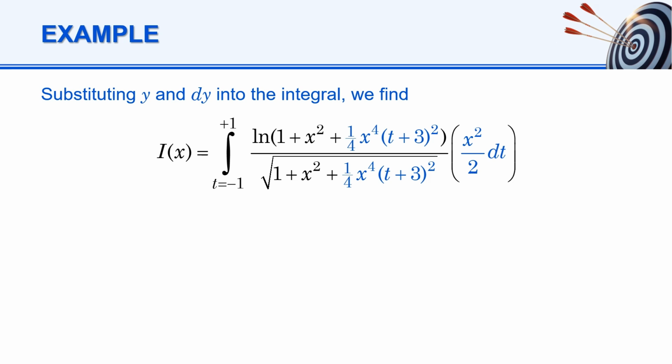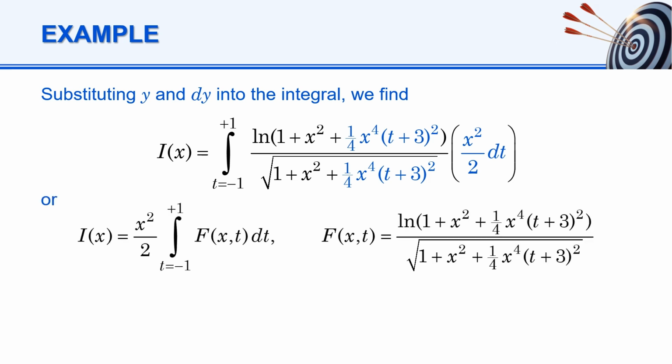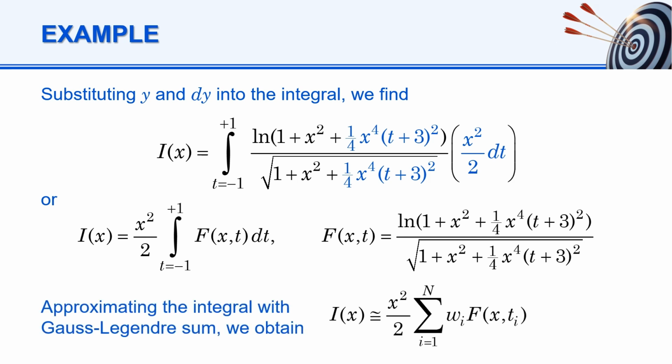Substituting y and dy into the integral, we find, or we may write this as, approximating the integral with the Gauss-Legendre sum, we obtain